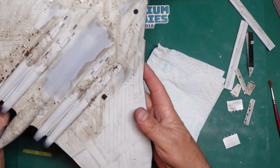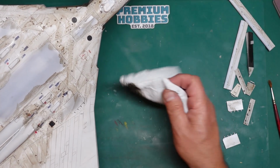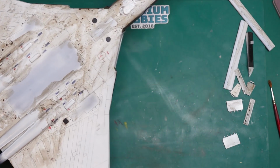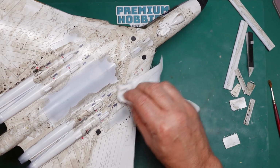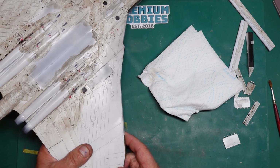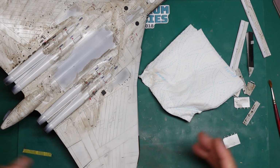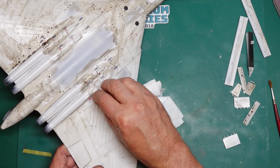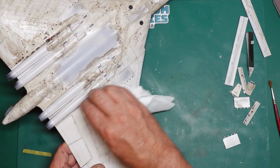It's just an effect, just to show the panel lines really. We all know in real life you can't see the panel lines on a real aircraft. You can't see them. So what are we doing? It's just making your model look a bit more interesting rather than just having a flat finish, a flat white underside. There we go, just finish off that little area there, get in that corner there where the engines...